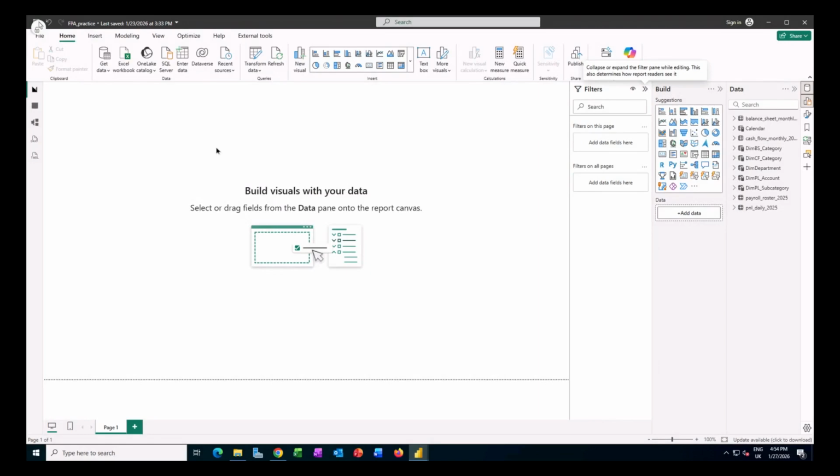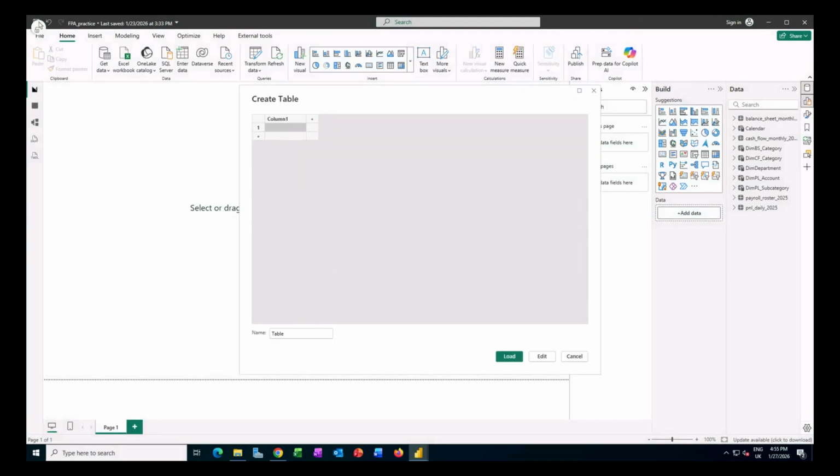So if we go back to our file here, and if we click on, let's say, the report view, and then the Home tab, and then click on Enter Data, you will see that we can create a new table from here. All we have to do in here is give it a name. So I'm going to call it Measures